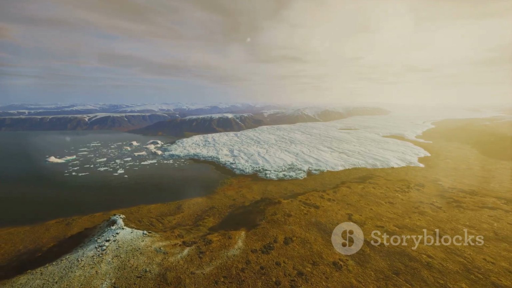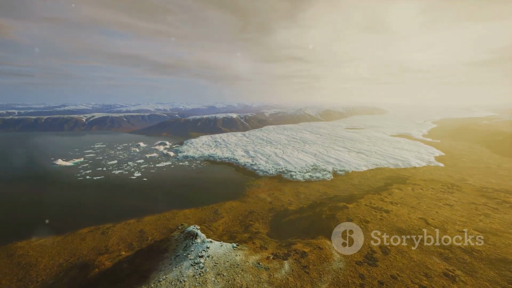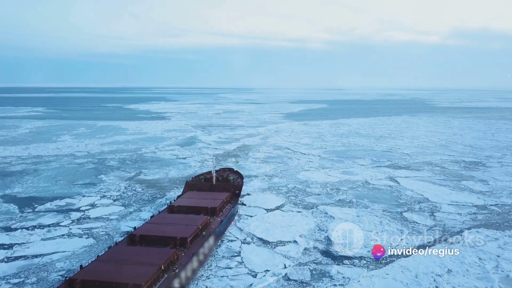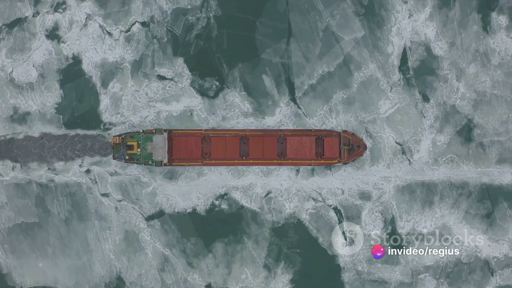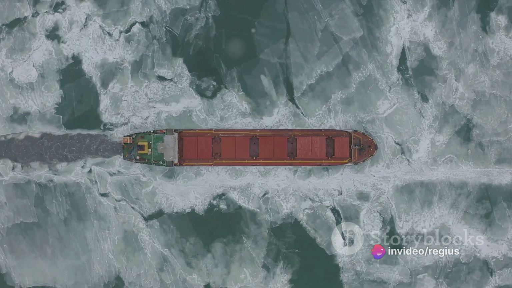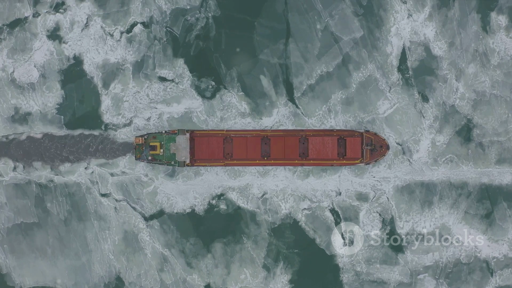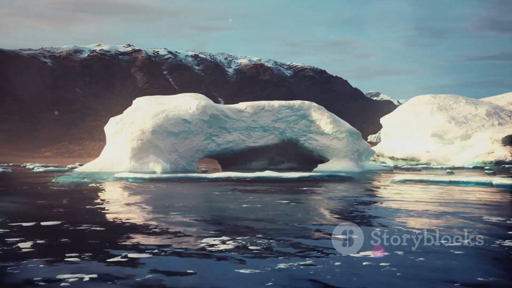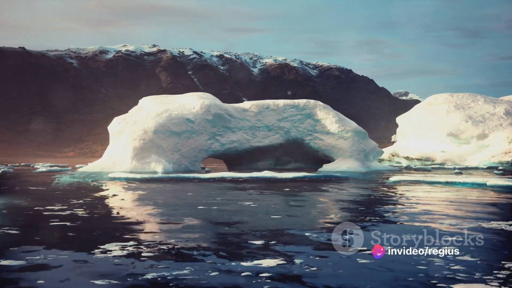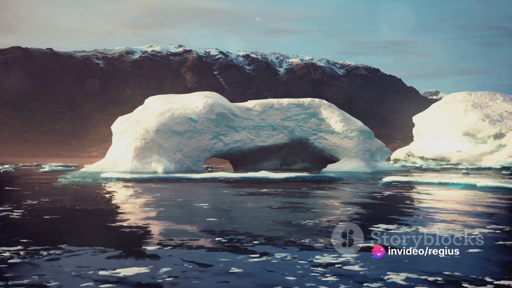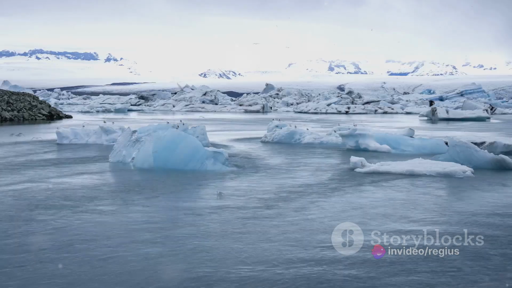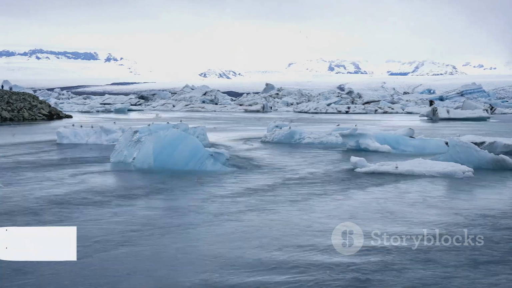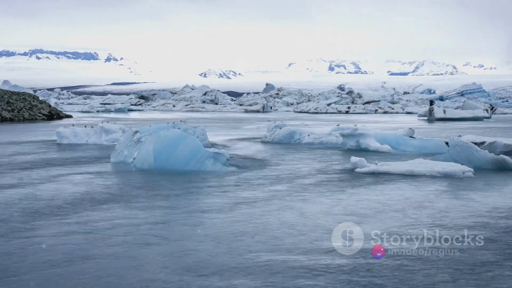Moreover, as the effects of climate change become increasingly apparent, Hans Island's strategic location in the Arctic could enhance its geopolitical importance. With the melting of Arctic ice opening up new trade routes, the island could serve as a significant point in these navigational paths. Thus, Hans Island, though small and barren, continues to make waves in the world. Its unique geographical location, shared ownership, cultural significance, and potential untapped resources all contribute to its modern relevance. As we move further into the 21st century, who knows what new significance this tiny piece of land might hold?